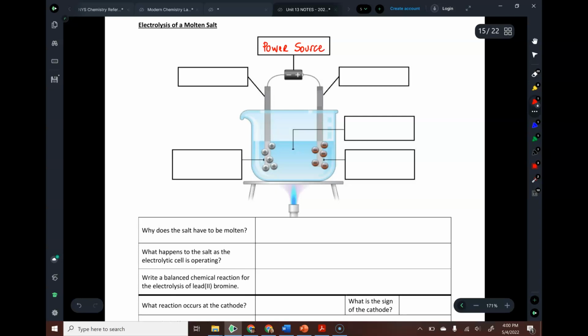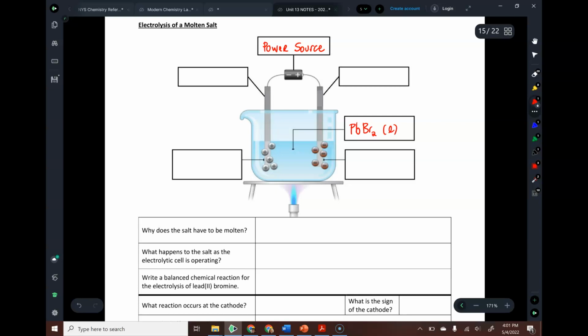In your electrolytic cells, we use electricity, whether it's in the form of a battery or power from a wall outlet, to force a non-spontaneous reaction to occur. So in any diagram of an electrochemical cell, if you see a power source, it has to be an electrolytic cell. In the video, we're taking lead bromide